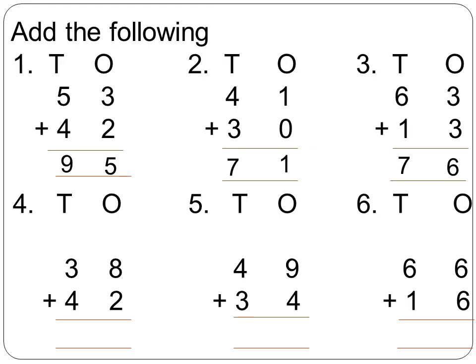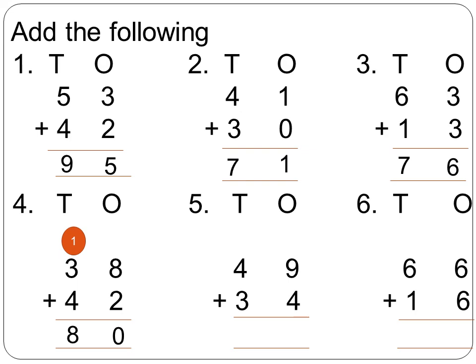So, these three sums are without carrying. You have got the 4th, 5th, 6th with carrying. Next sum, 38 plus 42. Start from the ones place. 8 plus 2, 8 in the mind, 2 on the fingers. After 8, 9, 10. Write 0 and carry 1 to the tens number. So, 3 plus 1 gives you 4. 4 plus 4, it is 8. So, 80 is the answer.